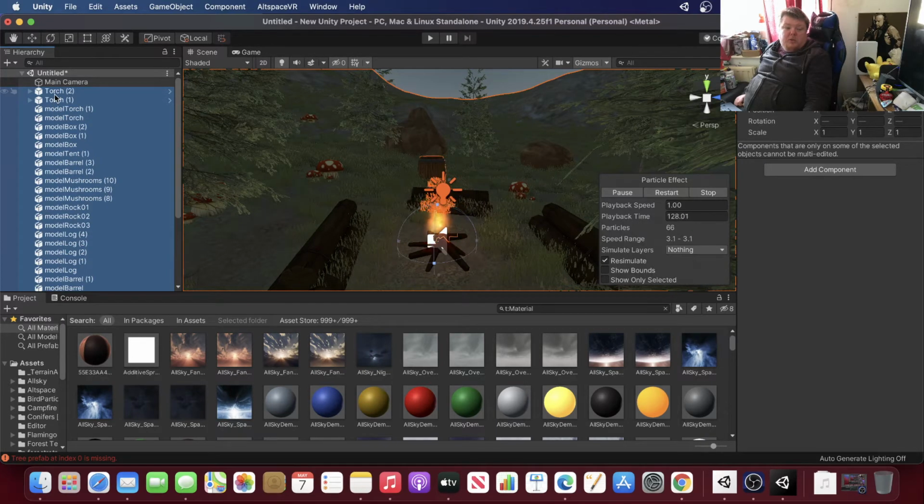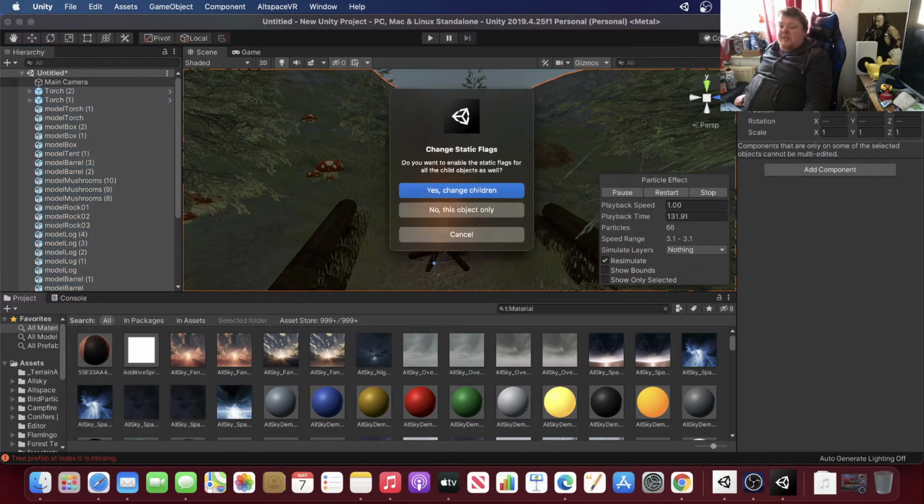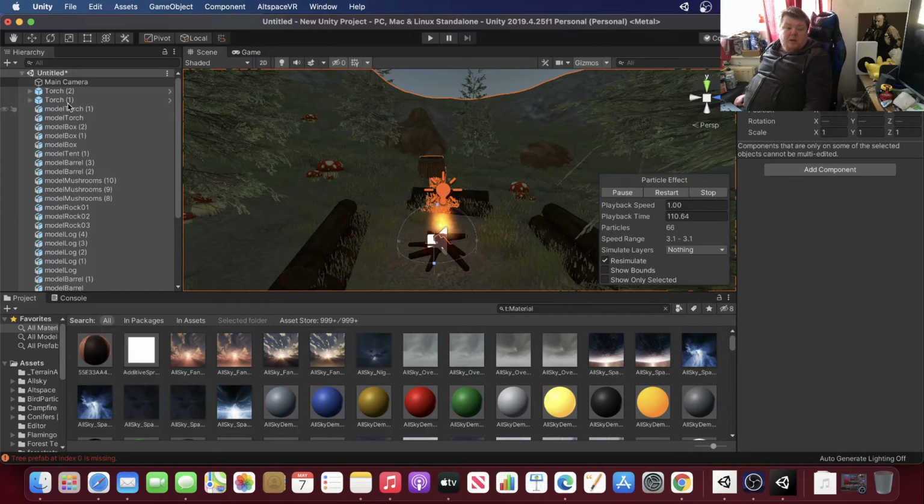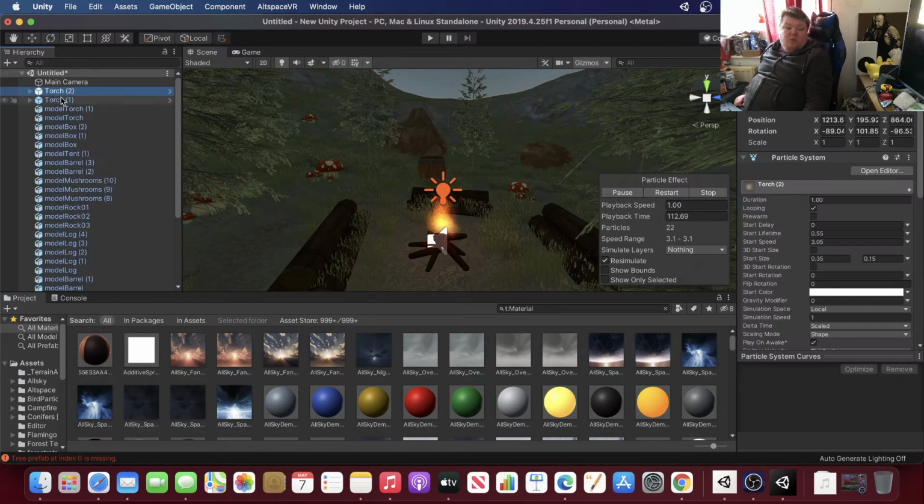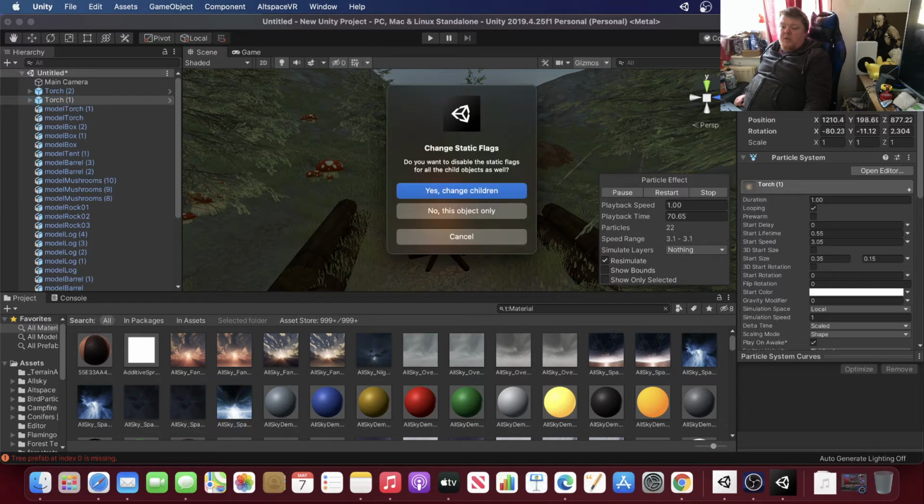We're going to put that on static. Do you want to enable the static flags for all child objects? Yes. Except for this one, we don't need it on the flames or the other flames